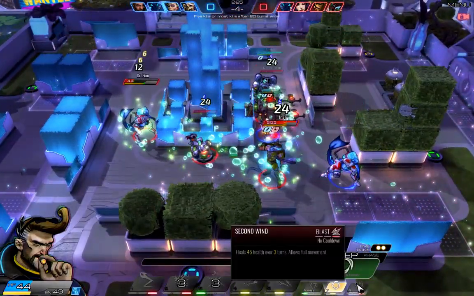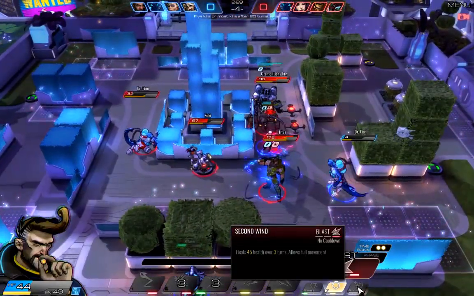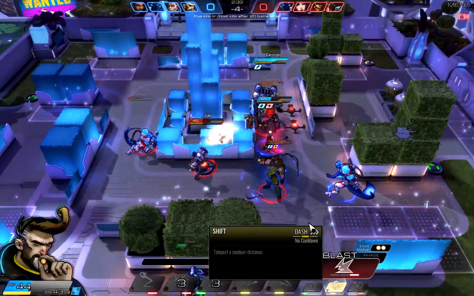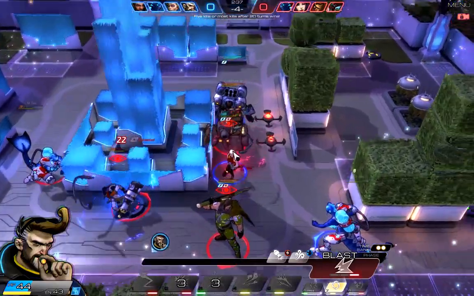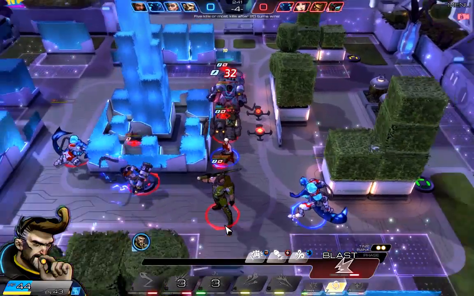the reason I use shift instead is because of second wind here. Second wind doesn't allow us to do any other actions, and we'd be in a pretty bad spot here. We got eels here that could attack us, that could shift towards us and deal damage to us, as well